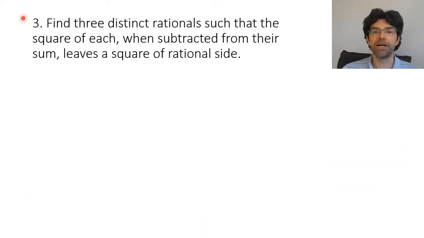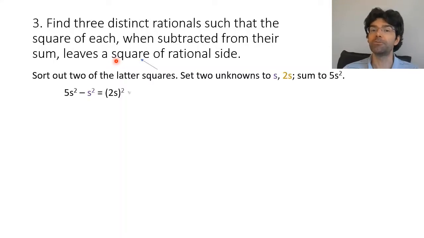Right, here's our next challenge. It involves 3 unknowns and their squares, but also 3 further squares. So as explained in the last video, we start by making some substitutions to ensure that that latter kind of squares are definitely going to end up as squares. In particular, Diophantus sets the sum of the unknowns to be 5s squared, and 2 of them to be s and 2s, because this sorts out 2 of the conditions straight away.